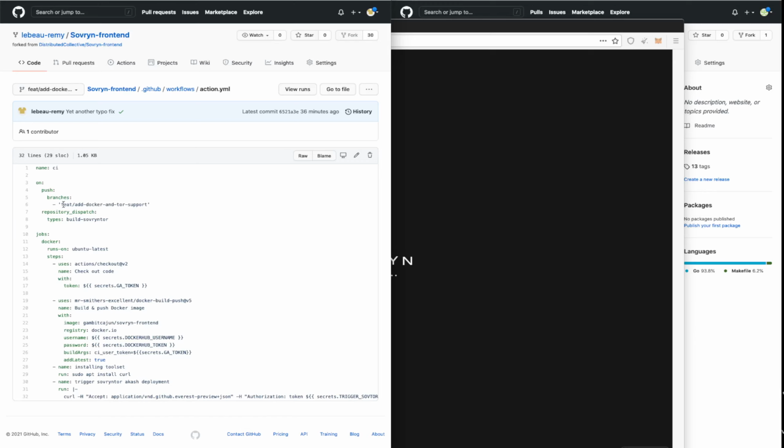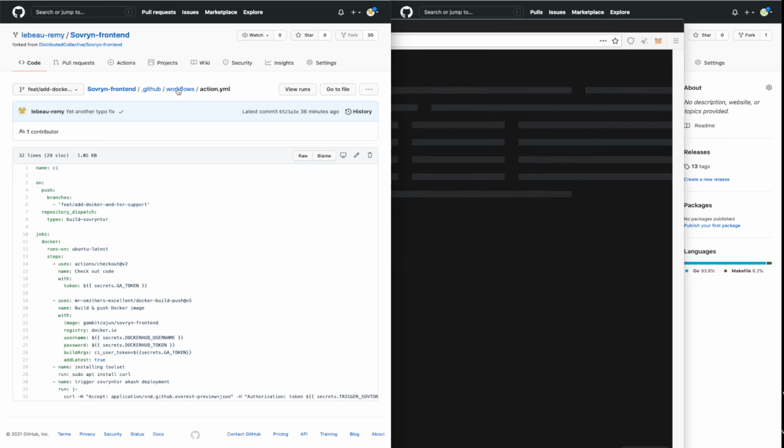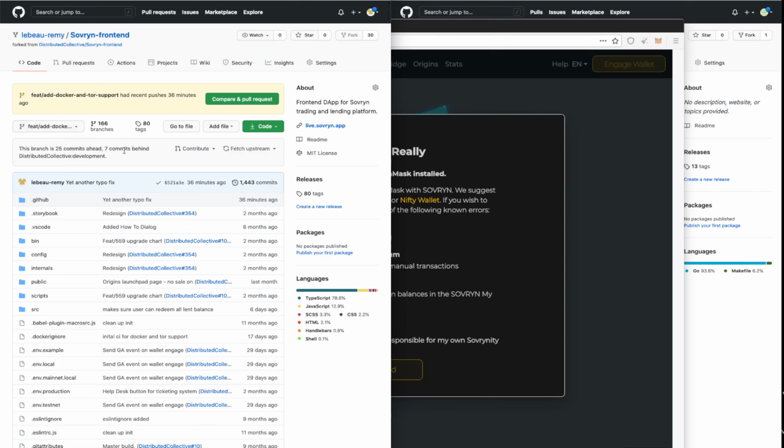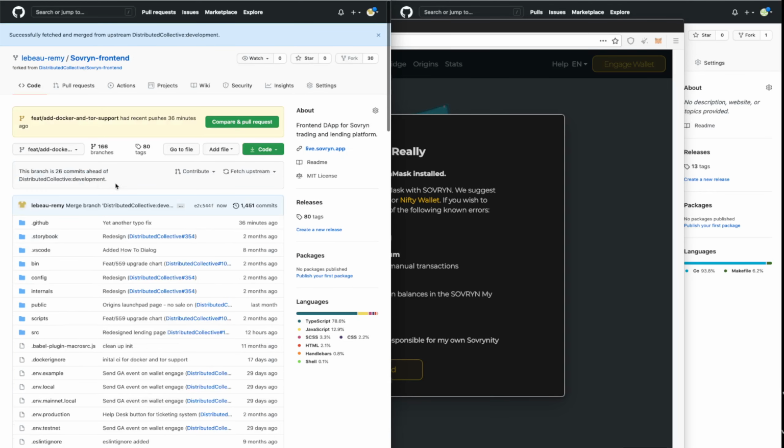But right now, let's go back to the sovereign front end. So the add Docker and Tor support branch is ahead and behind the development branch on the distributed collective. If I were to basically fetch and merge, which should be no problems,